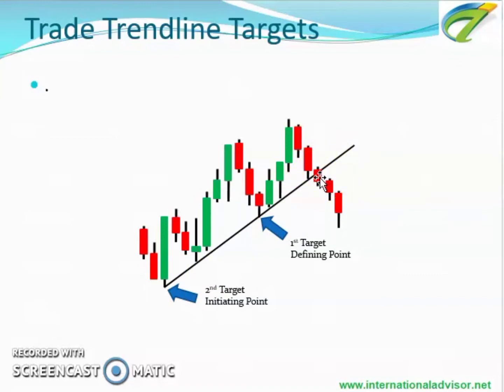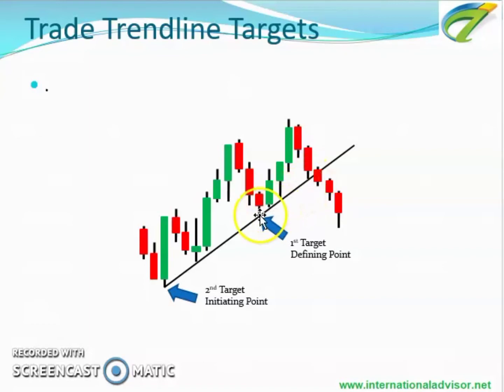And now once it's broken, it gives us a great opportunity to enter a trade. Since this was upward sloping, once the trend line breaks down, it will turn from a bullish trend to a bearish trend like this. Now, of course, if we sell here, whether it's a new position or the liquidation of an existing position, whatever,